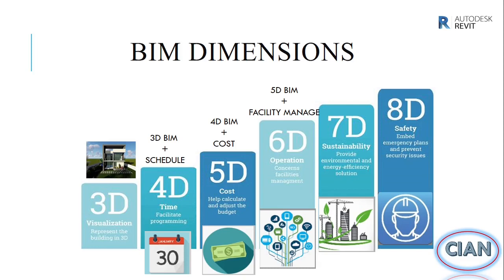Let us see the benefits of 4D BIM dimension. It helps in planning the building site properly, including the schedule of all the construction stages. Not only does it help in planning, but it also helps to increase the quality of the building site planning. It brings about a good working relationship and cooperation among the stakeholders with clear deadlines. Now let's see 5D BIM dimension. This is 4D BIM plus estimate or cost.